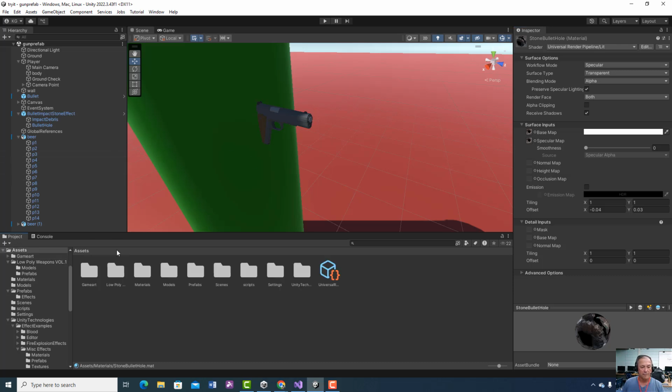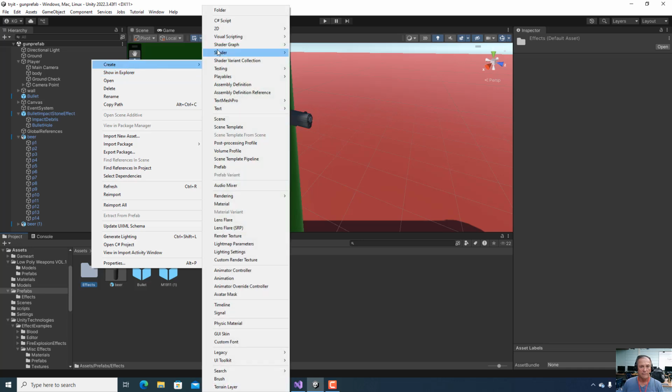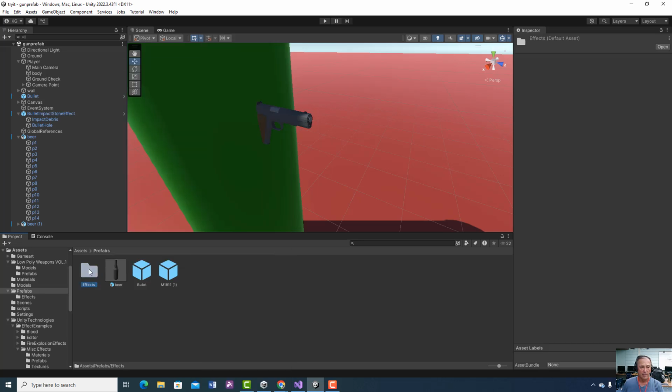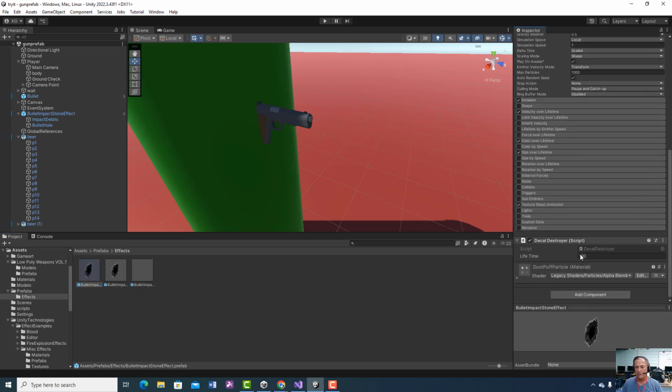Then when you do that, you're going to go to your prefabs. You're going to create an effects folder. Right click, create folder, effects. And you're going to drag this down. I got it dragged down here 3 or 4 times, but that's my main one. Then you're going to drag this thing down. And you need to be able to see it. So make sure you can see this thing when you go down there. And I changed this to 100. So make sure when you drag this down, you see that thing, because that's what's going to be creating the